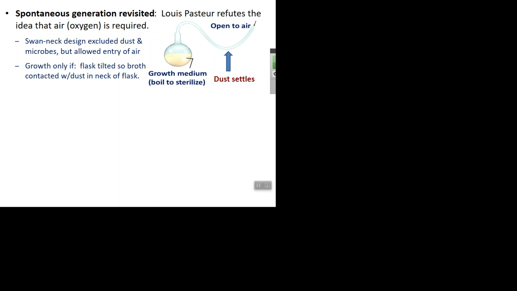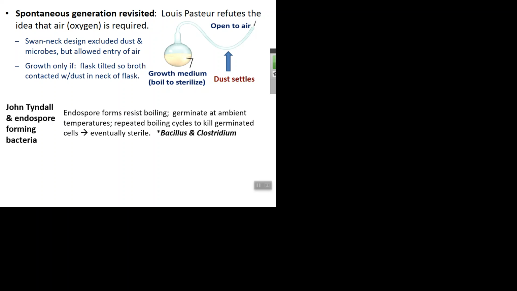But regardless, he says to them, well, here's air, but I'm not getting growth, right? No growth, and of course, by tipping the medium into here, cells appear. Look under the microscope, and cells begin to appear in here if he does that or exposes it directly to air. So in other words, we're only getting life if we add life in the first place, okay? And so it wasn't long before the spontaneous generation people gave up, okay?